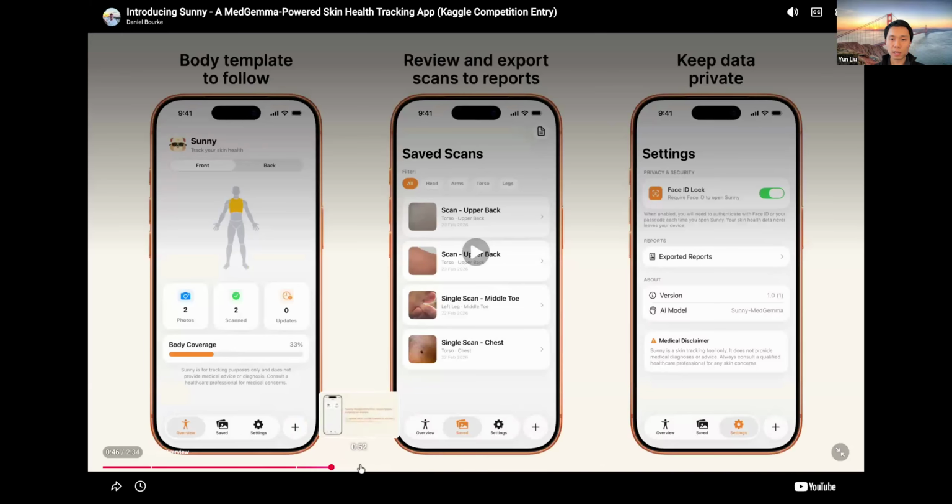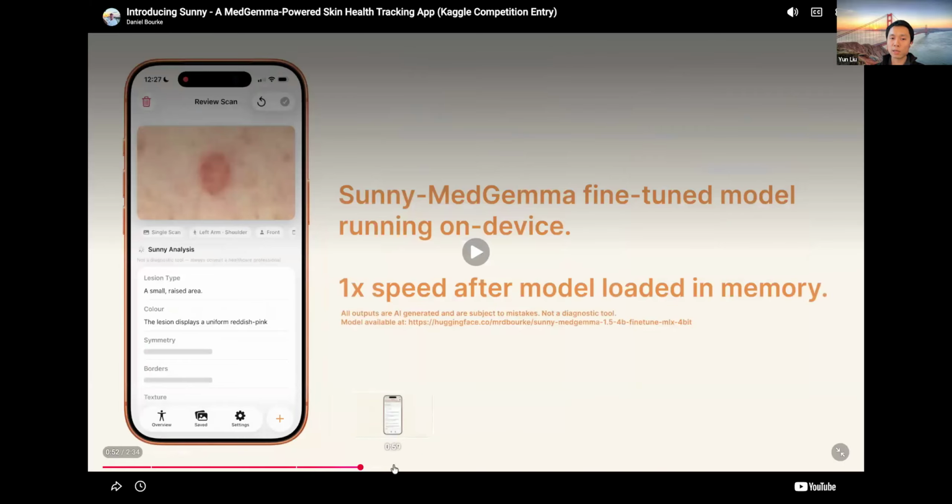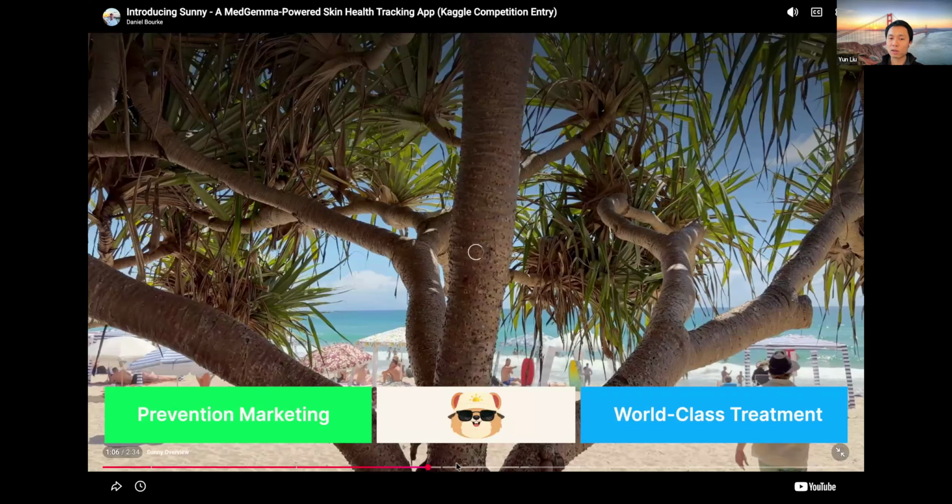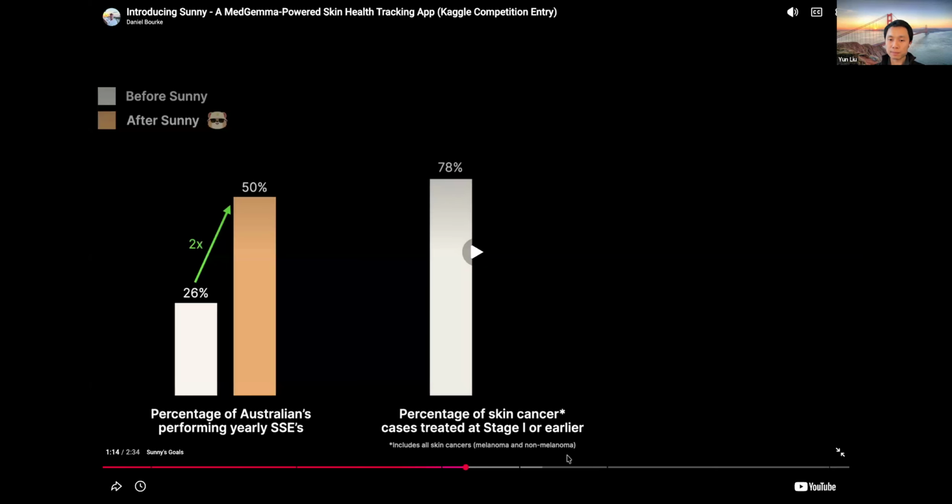And so what the app actually does is that the concept is that one can take a photo of the skin, and the app is then trained to essentially generate clinical descriptors of the skin. So you can imagine things like maybe properties of that particular lesion, whether it's raised, what color it is, and whether the borders are asymmetric and that sort of information. And by generating that, it can help essentially flag when things might be not great, and then encourage the person to then go in for a skin screen.